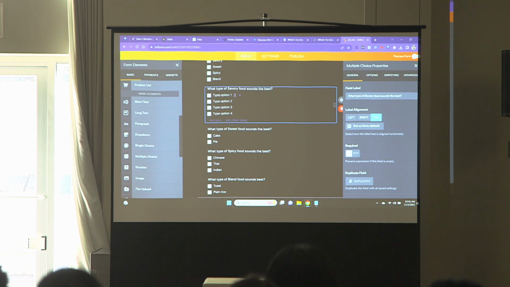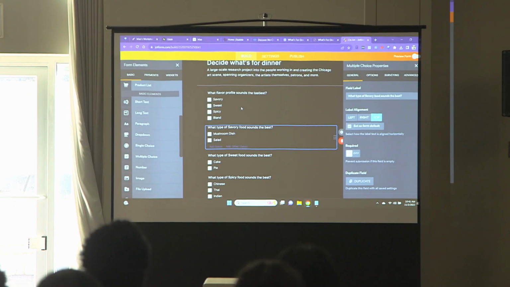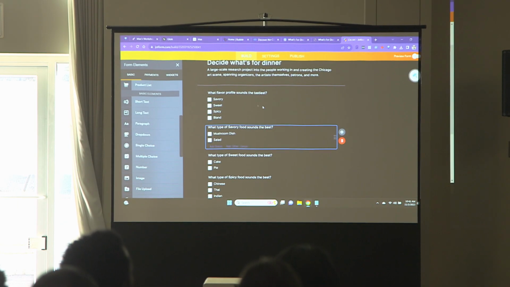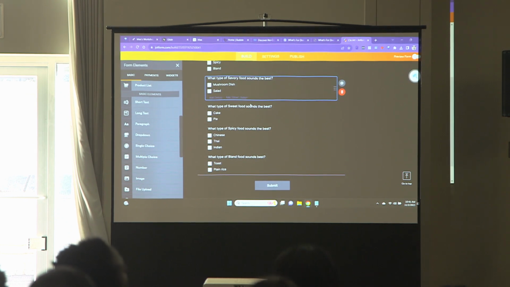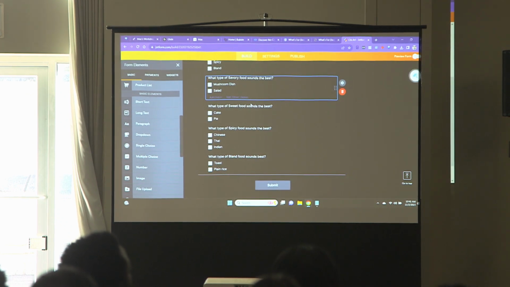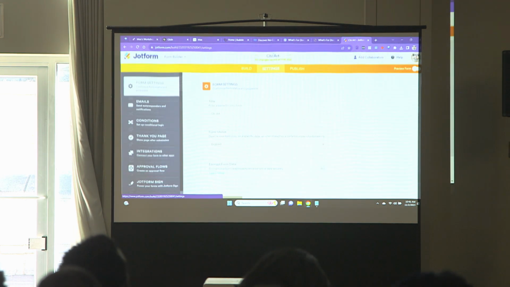And then what kind of savory food? We'll say mushroom dish, something like salad, whatever. Maybe that's not what savory means. Anyway, okay, cool. So now we have a very, very loose little thing, and then each of those questions would lead to different kinds of mushroom dishes, different kinds of salads, different kinds of whatever. But we could layer this out like a whole series more. We could make like 10 different layers in this decision tree. But you get the general point.